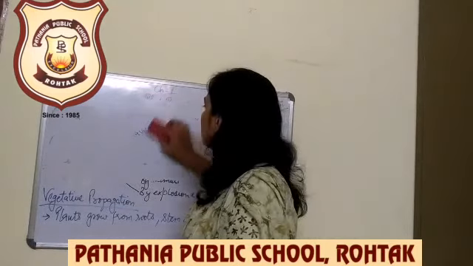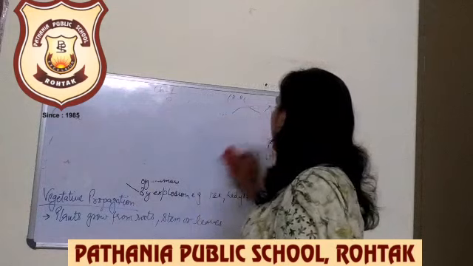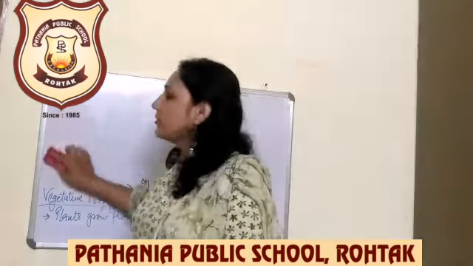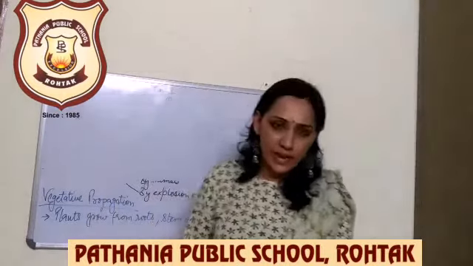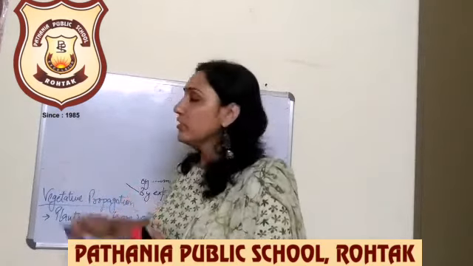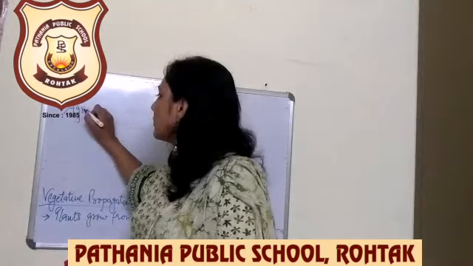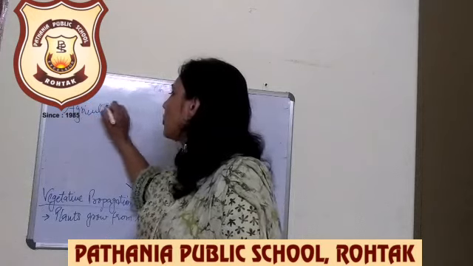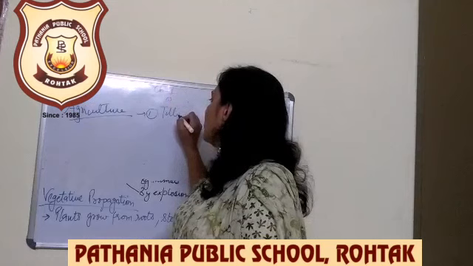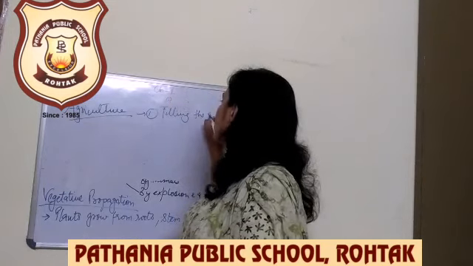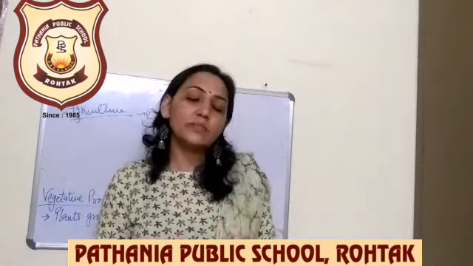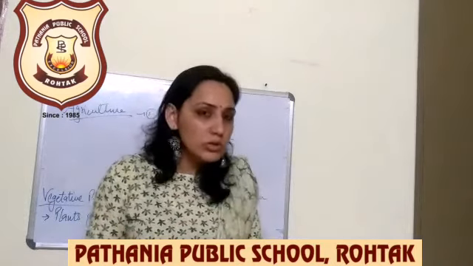Next is agriculture. What do you mean by agriculture? Agriculture means the practice of growing the crops. How farmers grow the crops in a field is known as agriculture. There are various steps to grow the crops. First is tilling the soil, so that the soil can get easily mixed up, and the necessary nutrients present in the soil get easily mixed in the whole soil.